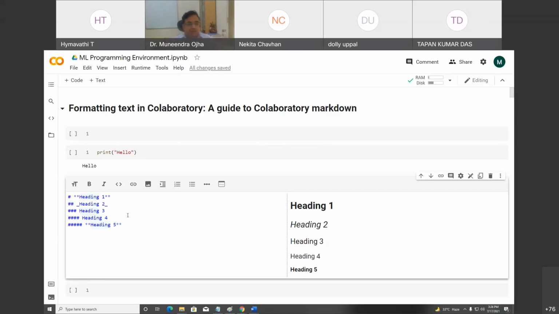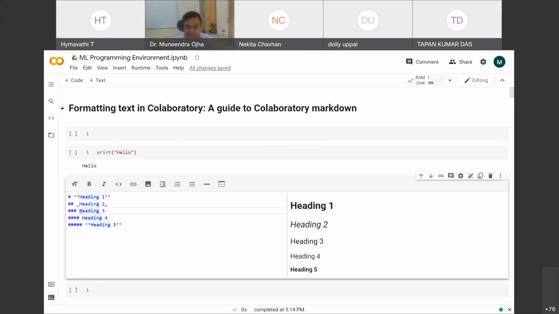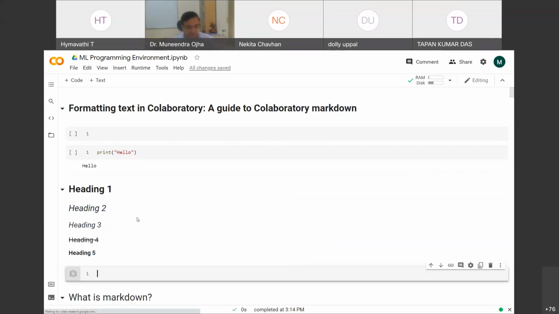So I can do this italic again with single asterisk, and the effect will be same, the italics. Okay, so with this I can do italics. If I have to do strike through, I can do it using tilde. So I can strike through the text. These are all formatting that is provided by Google. Now you have this left and right combination. You press shift enter, the left one will be gone, and you will be shown the right hand side, which is the actual rendering of the text that you are willing to display.